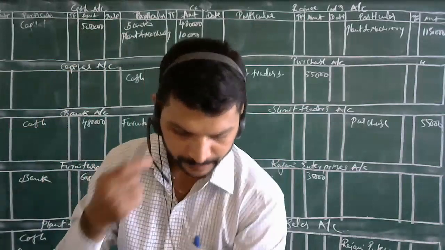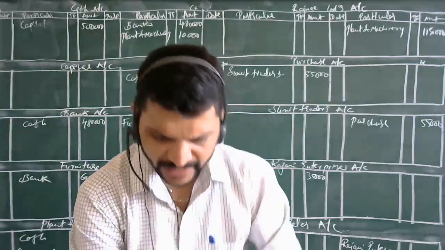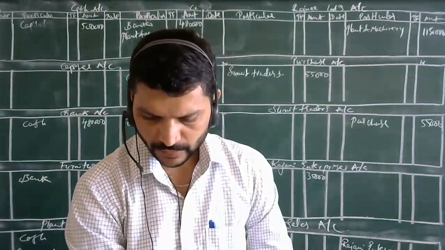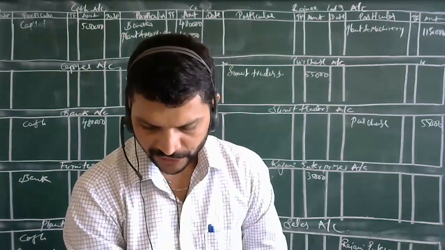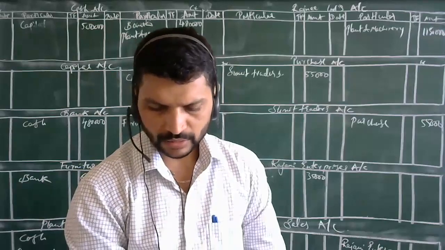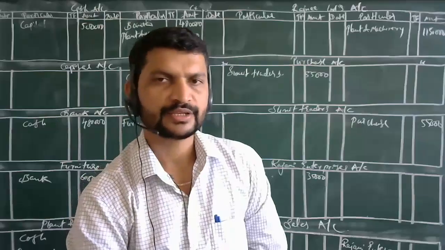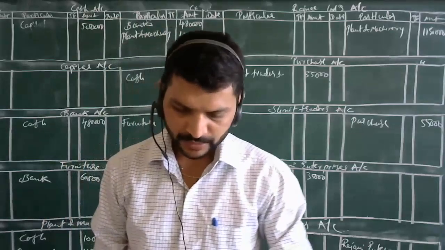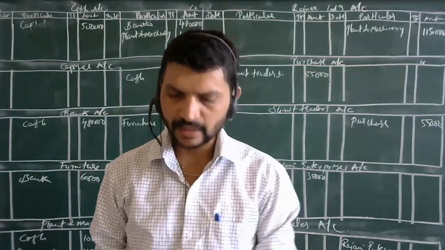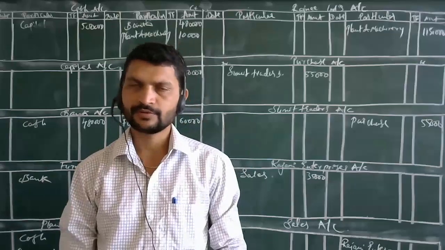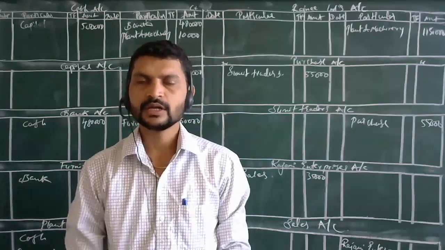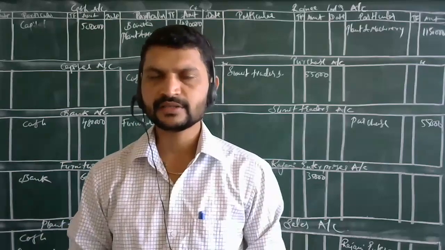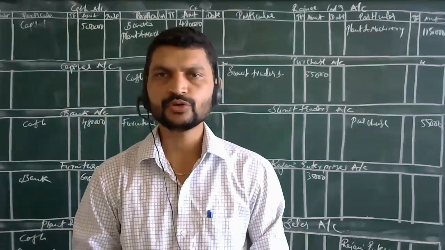See, first, journalizing the following transaction of Miss Malika Fashion House and post the entries to the ledger. You are going to pass the journal entries about this Miss Malika Fashion House. Here we are having the fashion house over here. We are going to pass the transactions into journal entries. Then we are going to post it into ledger accounts.